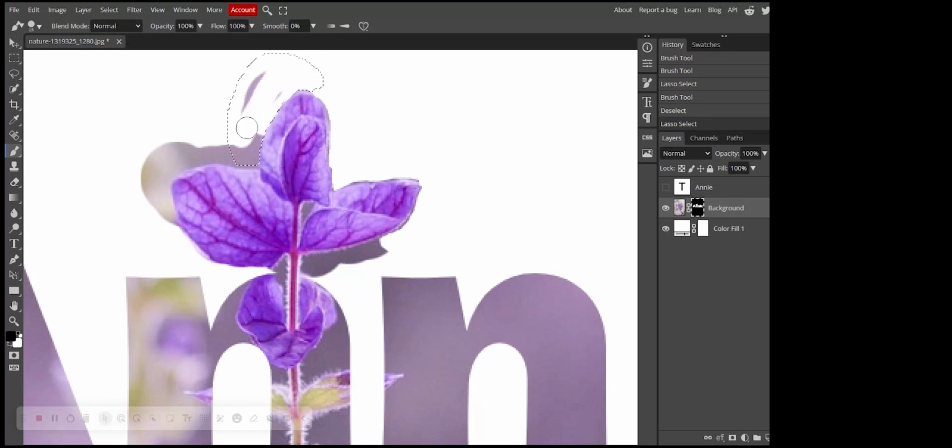Brush, Control D, lasso again. If you use the lasso tool, you have more control of your brush tool. Control D, and then